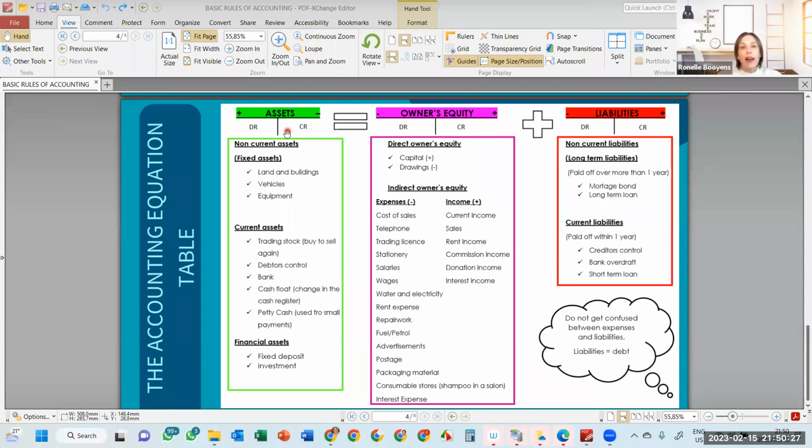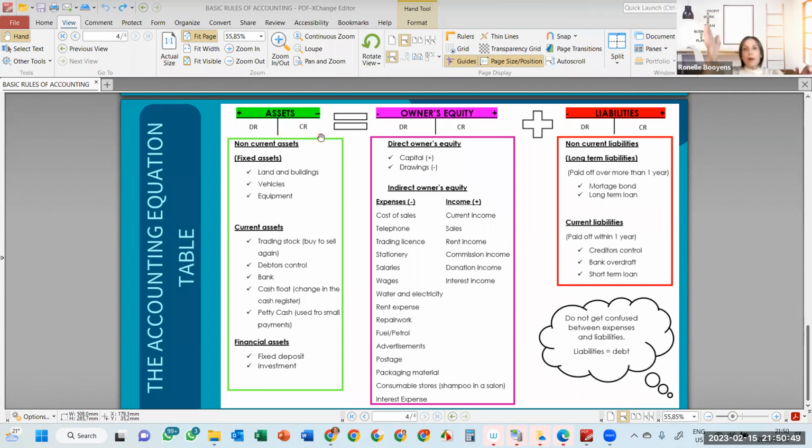So every account or every transaction that we deal with in our business is related to a specific account. So when a transaction takes place, it affects a specific account. And now more specifically in accounting, it usually affects two accounts. For every debit, there must be a credit.